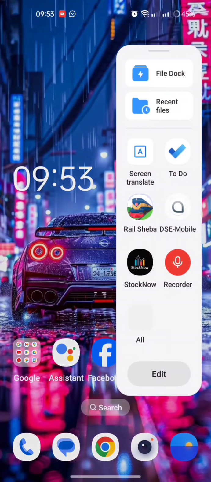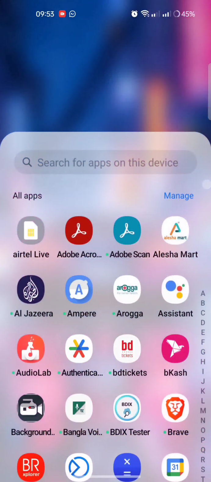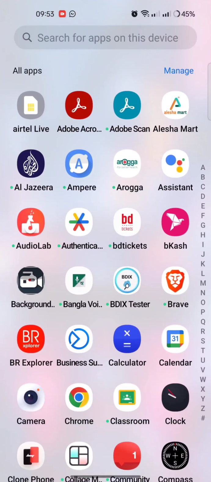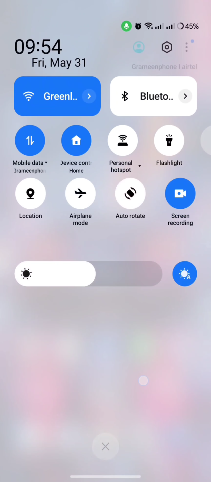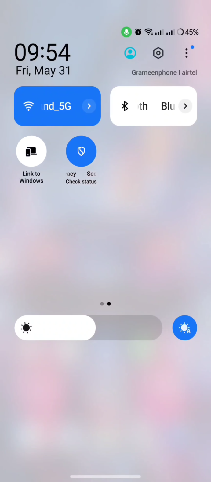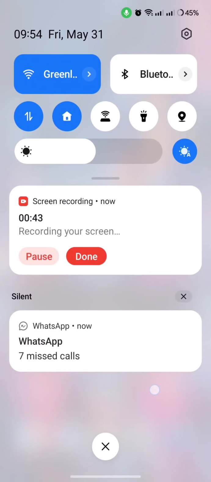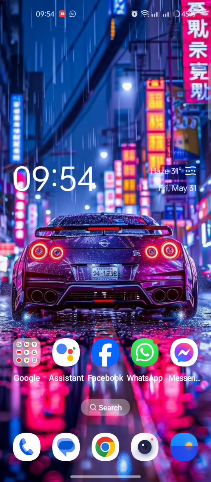This is the sidebar, no change. This is the app drawer. This is the shortcut menu. Everything seems fine.